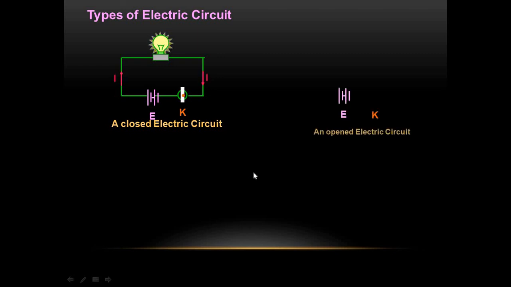And in the open circuit, there will be no connection in the circuit, so there will be no flow of current. Therefore the key is left open and the bulb will not glow. So these are the two types of